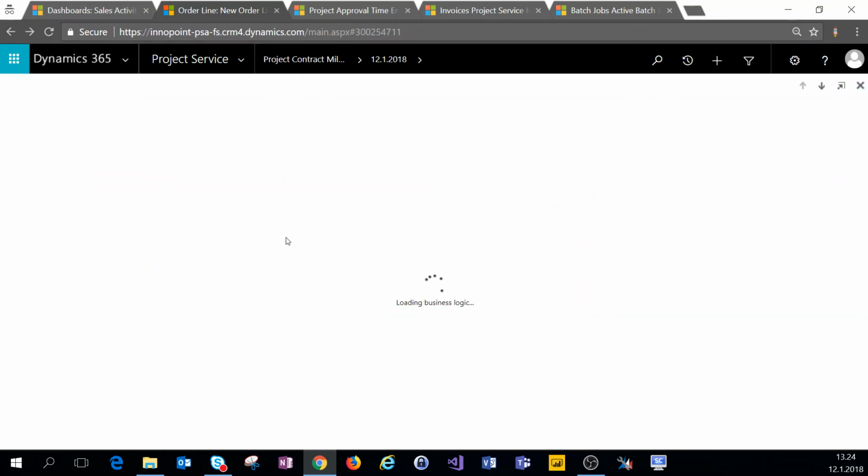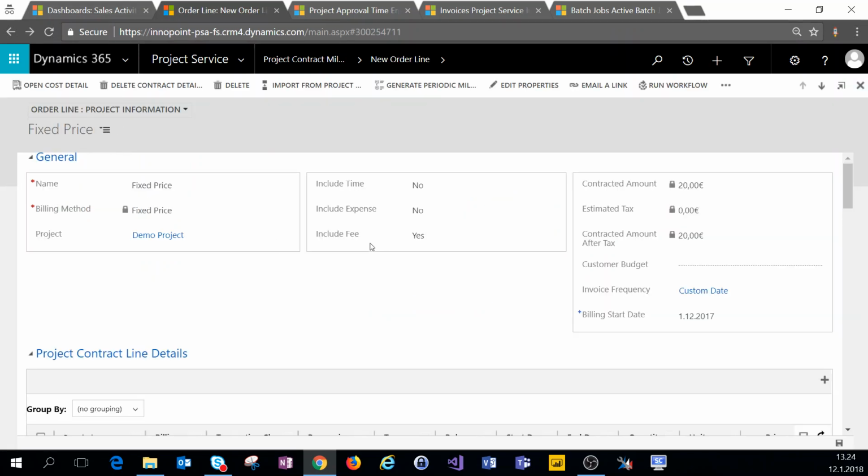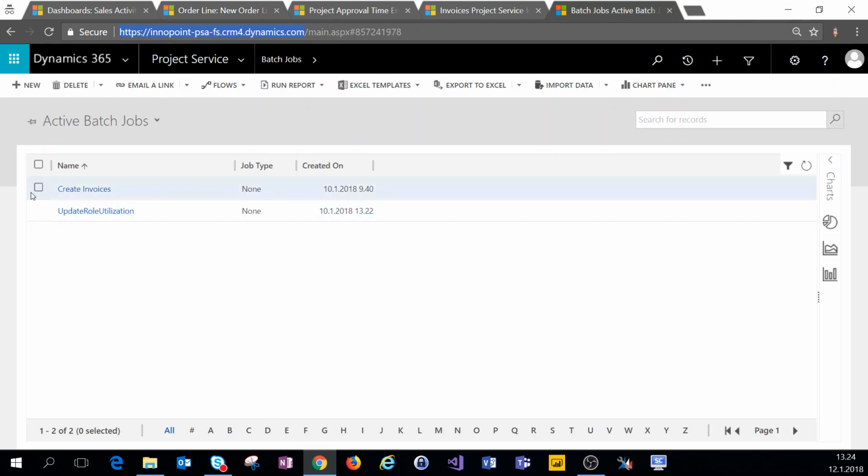So what I have in the system, those hours that I just approved under project approval, have time entries for both the month of December as well as the month of January. Now what I want to do with batch jobs is invoice the hours from December and then manually invoice the hours for January. So let's click on batch jobs